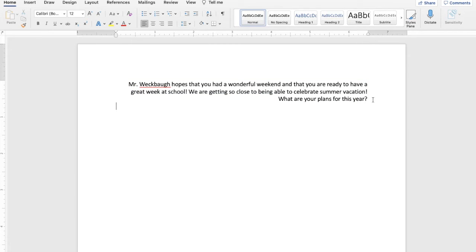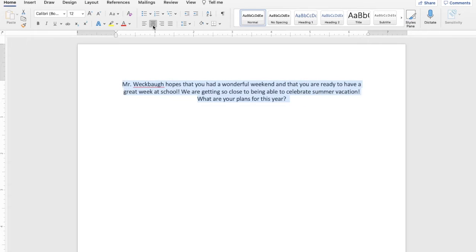Same for the other buttons. We're going to go ahead and highlight this guy. If you want to center it, this one says center text. Click on that, and it's going to center it up for you. You normally do that for things like titles of documents, or anytime you want to just make it look a little bit different. Most of the time we're going to stay here with this left justification.